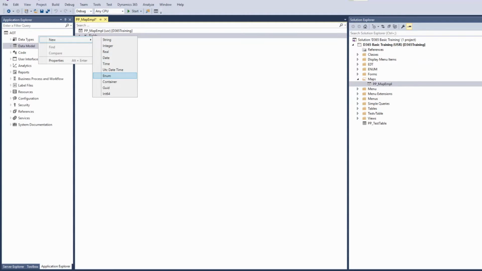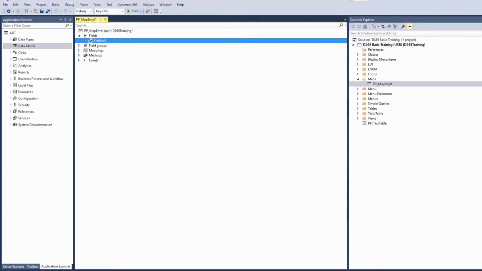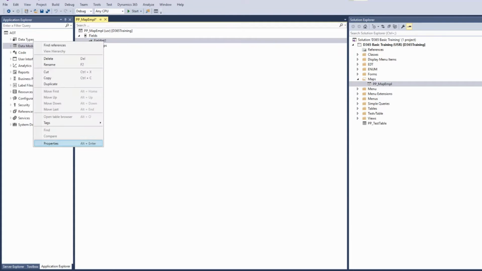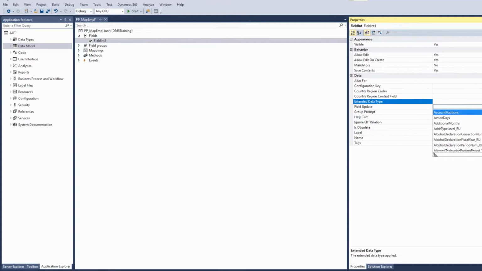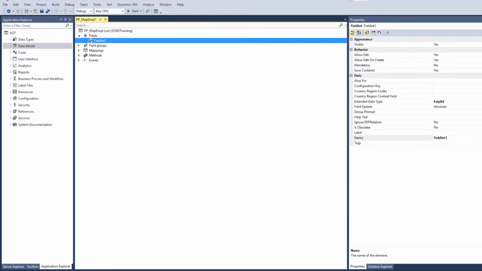I will create one field as integer and assign the EDT EMPL ID. This we have already done in our data type video. I assigned EMPL ID. I will also give it a name,